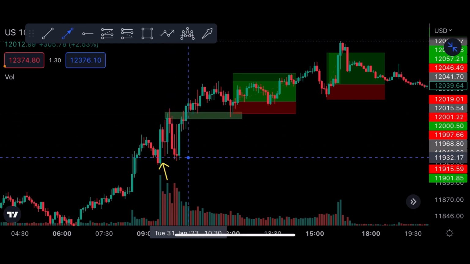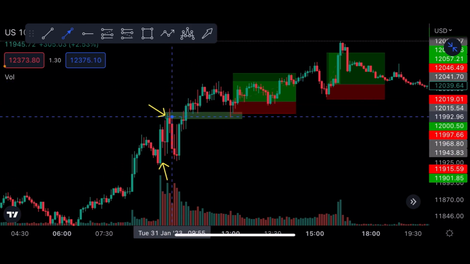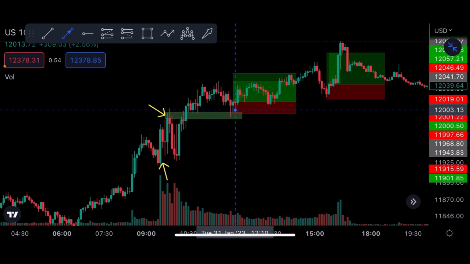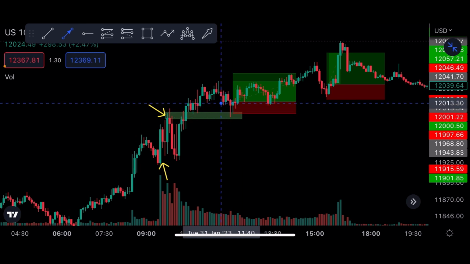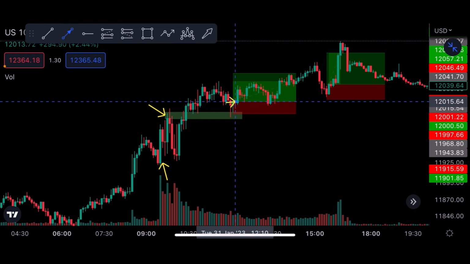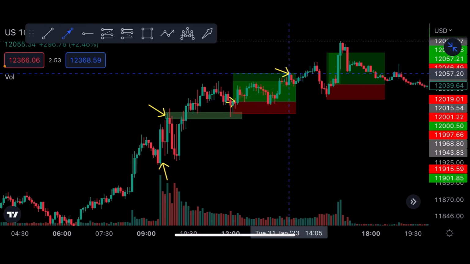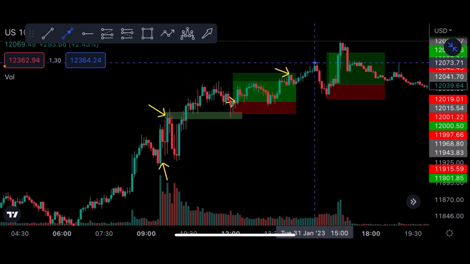Market is open and then breaks this high and then pulls back to this resistance. So I open the trade after I see this rejection candlestick. I open long right there, and my target is 2 to 1. It hit the high right here, and then the market keeps going and then pulls back